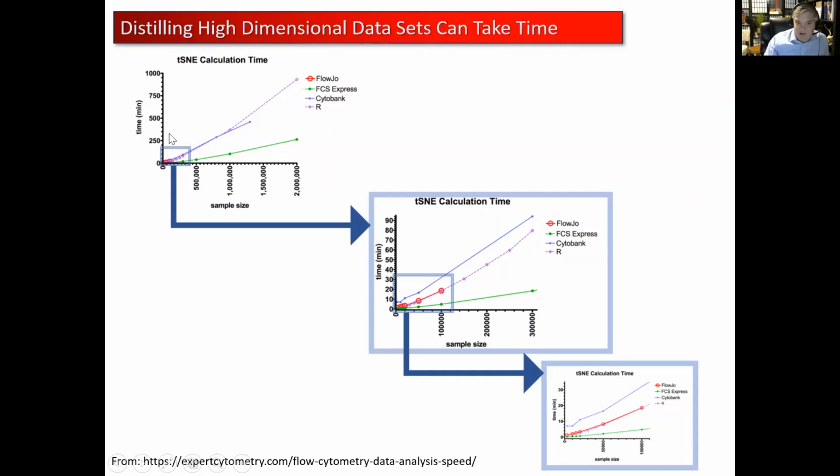So keep it in mind, up here, time being high is a bad thing. It's taking a long time to run that algorithm. This is the sample size for a t-SNE data set that these kind of time comparisons were made. But you can see that FCS Express pretty consistently runs very quickly, even though you're running on the local machine, even though you're using the native implementation of it. FCS Express is one of the fastest tools on the market for working on your local machine to get this